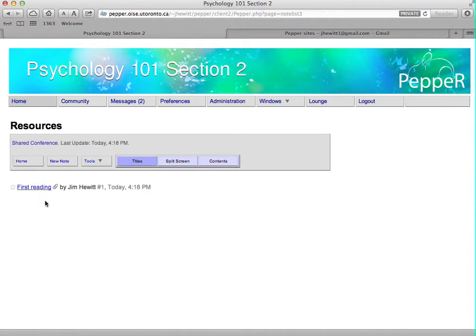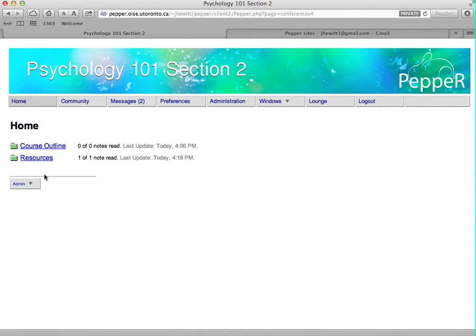So this is a useful technique if you're an instructor and you've got multiple sections and you only want to upload things into one place. And this means that you don't have to upload everything into both sections all the time. It's also useful if you want to have